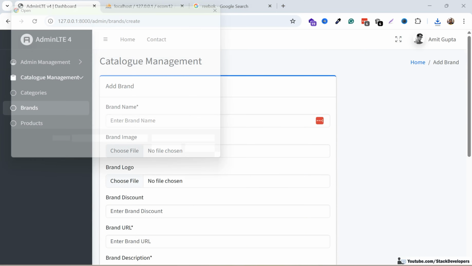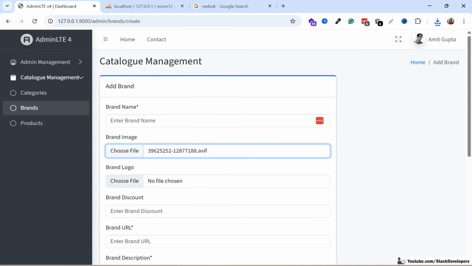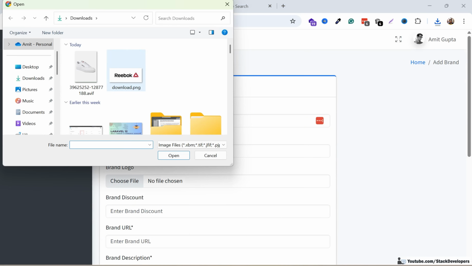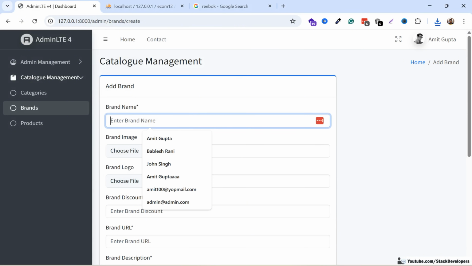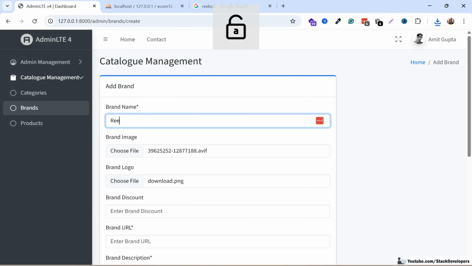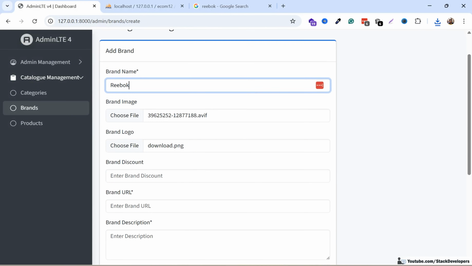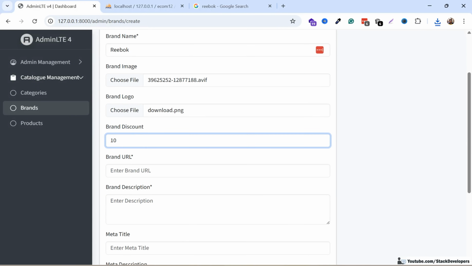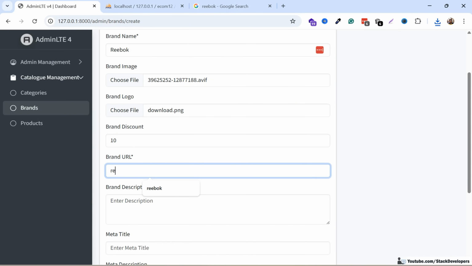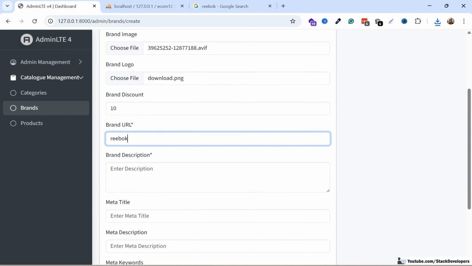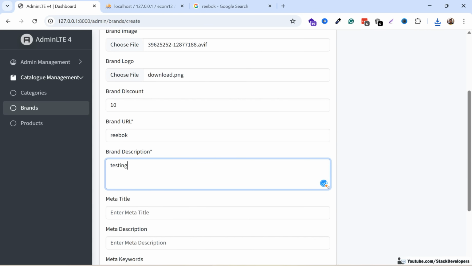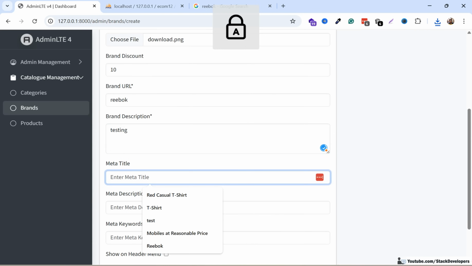See, I'm going to add this brand image here like this, and brand logo, this logo I'm going to add here. Okay, and here I'm going to add the Reebok brand discount. I will make it 10%. Brand URL Reebok. Okay, brand description testing, anything. Okay, brand Reebok. Okay, once again,